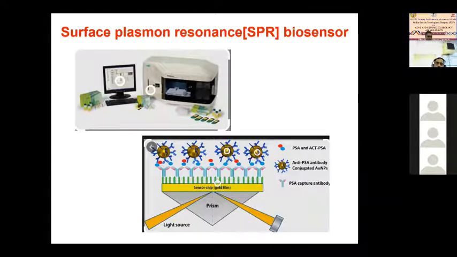On a small gold chip, you can immobilize your antigen. Sometimes that gold chip you can keep with you for a longer period of time, 2 years or so. And whenever the sample comes, you just insert your chip inside the machine and flow your sample through the fluidic channel. And within a few minutes, you can know whether this virus or bacteria is there or not. That is the kind of capability of this sensor, and we have worked on this sensor